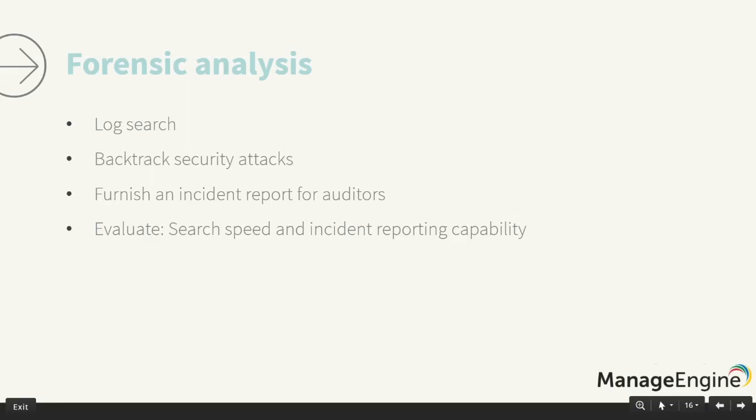Forensic analysis also ties back to what we saw in incident response, right? If you're able to show your auditors a clear flow of the alert being triggered, being attended to by a particular administrator, and being resolved within a certain amount of time, you will not be fined for non-compliance, right? So having this forensic analysis capability is very important, and this usually translates to log search in SIEM solutions,